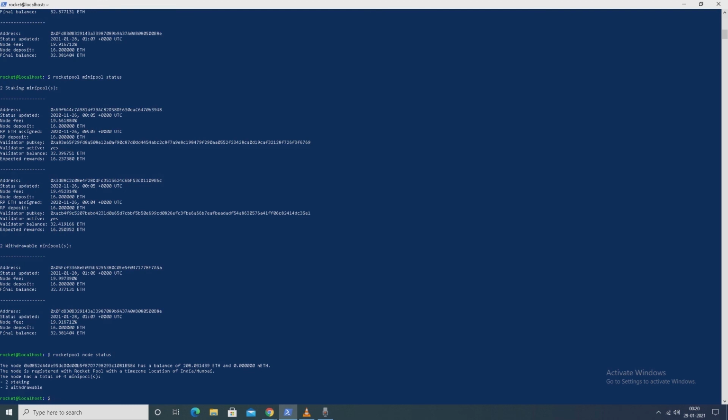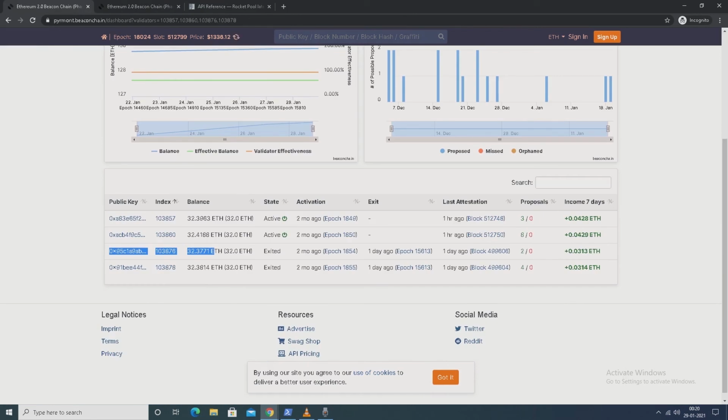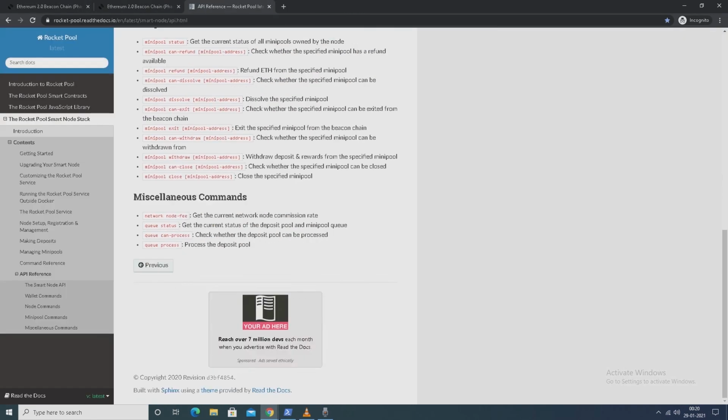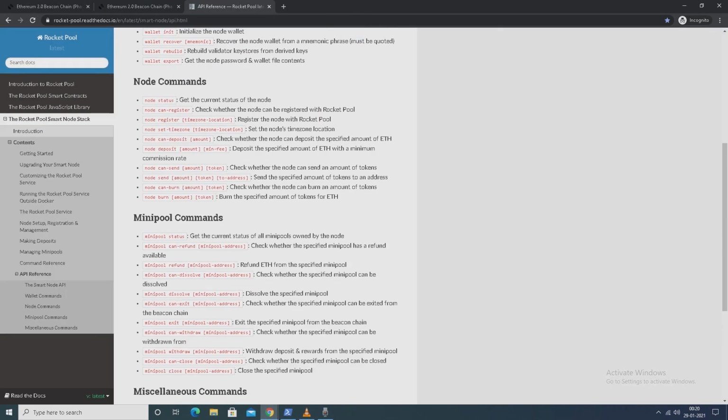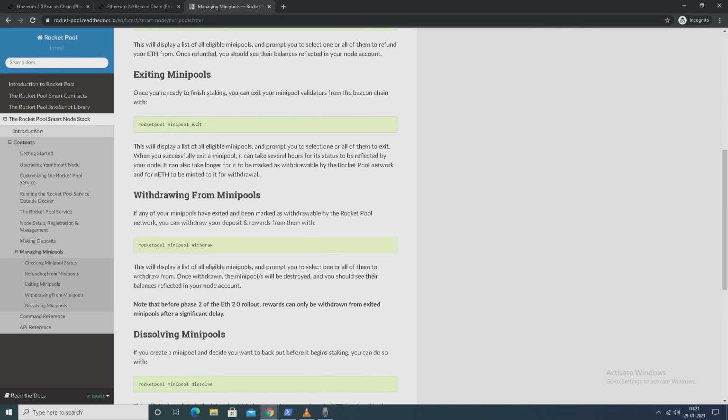So we will attempt to withdraw funds from 2 minipools. So we have the CLI command here, the minipool commands. Rocket pool minipool withdraw is the command.